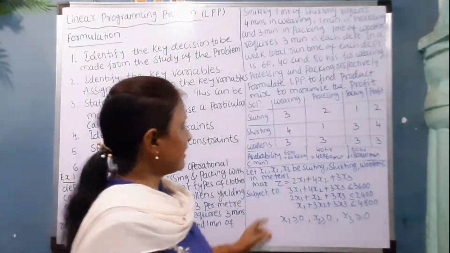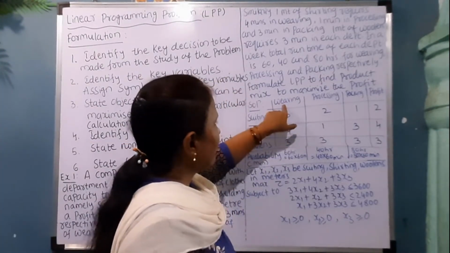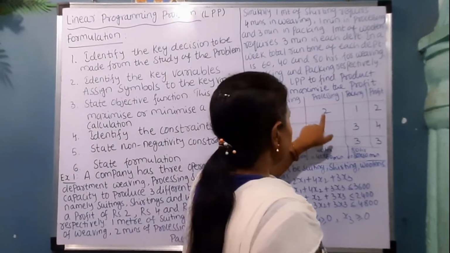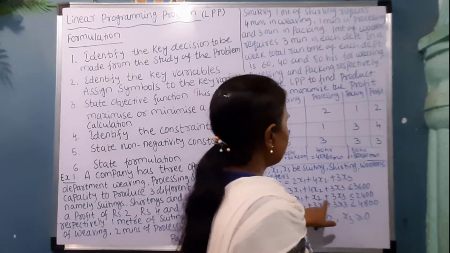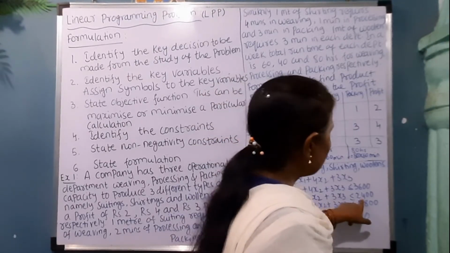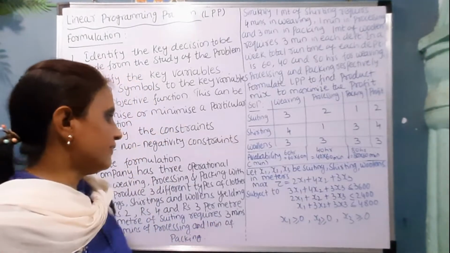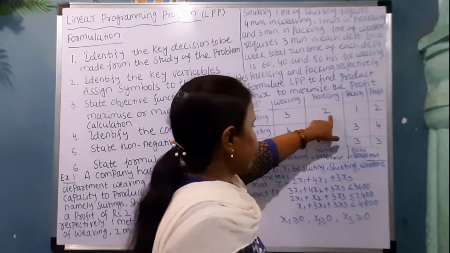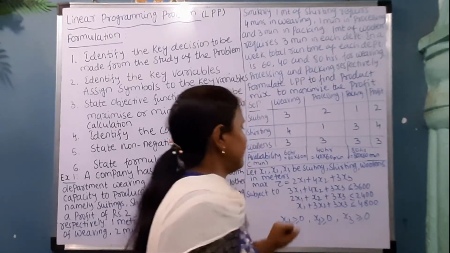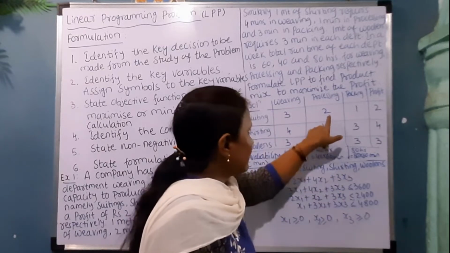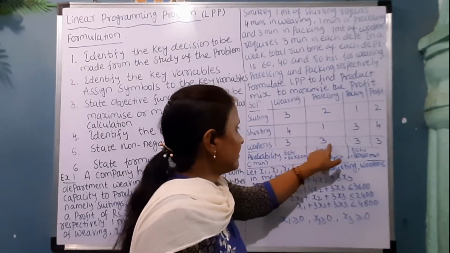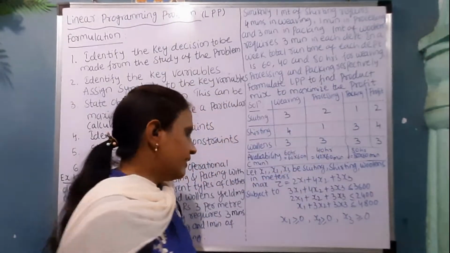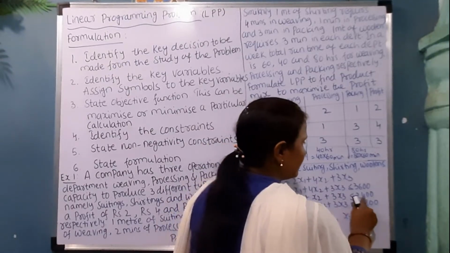Now if we come to the next department, for each department we write one equation. For the processing department, we can say that 2x1 plus x2 plus 3x3 is less than or equal to 2400 minutes. The meaning of this is that when 1 meter needs 2 minutes, x1 meters need 2x1 minutes. So the total time is 2x1 minutes, here x2 minutes, here 3x3 minutes. The total time should not exceed these 40 hours. That's why the sum is less than or equal to 2400.